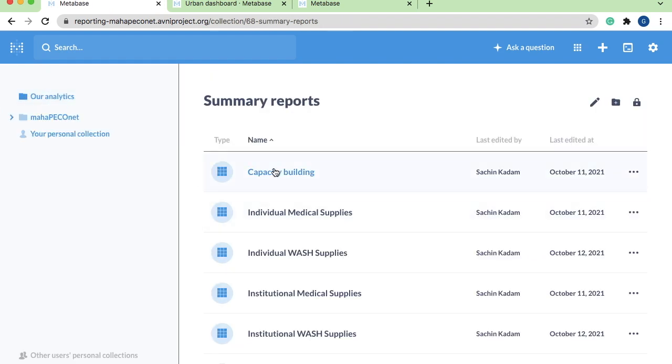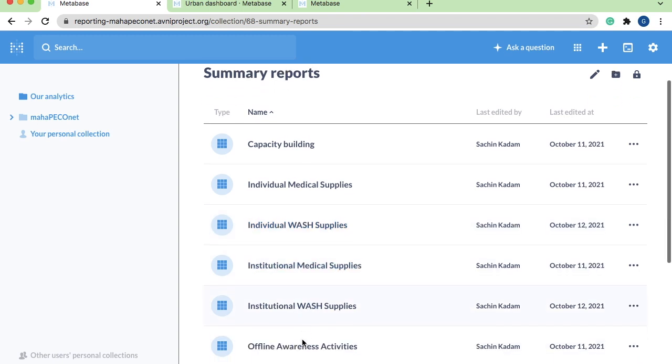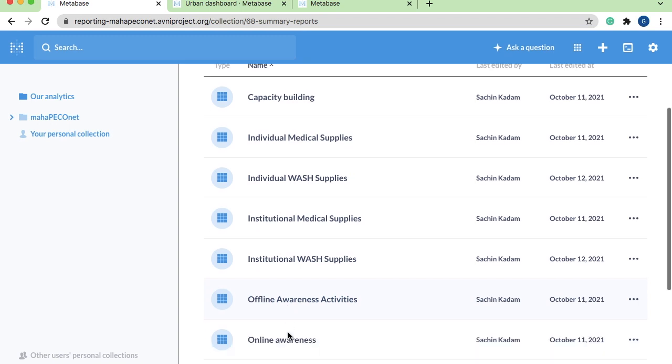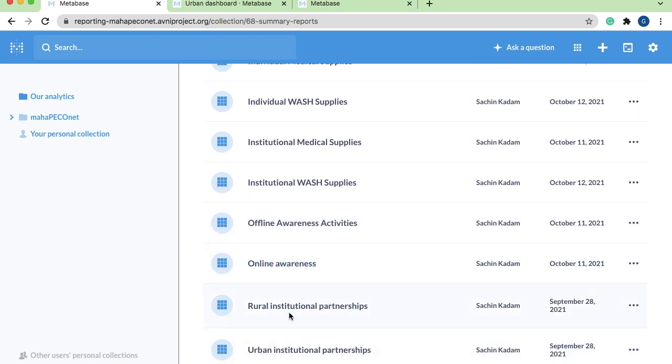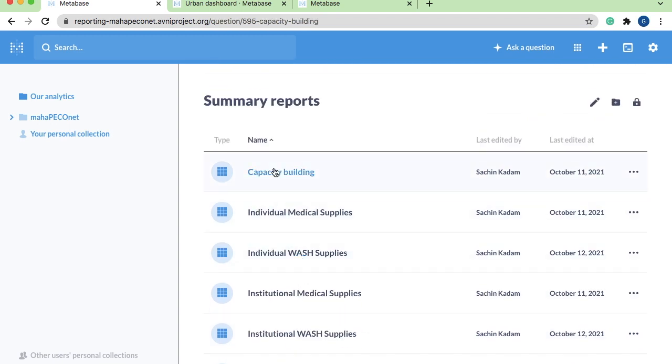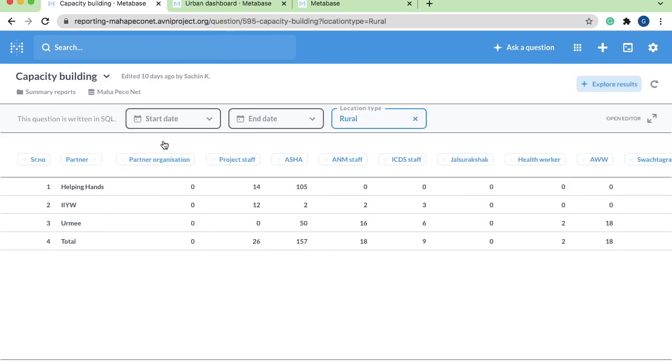Similarly there is capacity building for different partners: WASH supply, institutional medical supply, institutional WASH supply, offline awareness activity, online awareness, rural institutional partnership, urban institutional partnership. Each of the reports again has these filters: start date, end date, and location type.